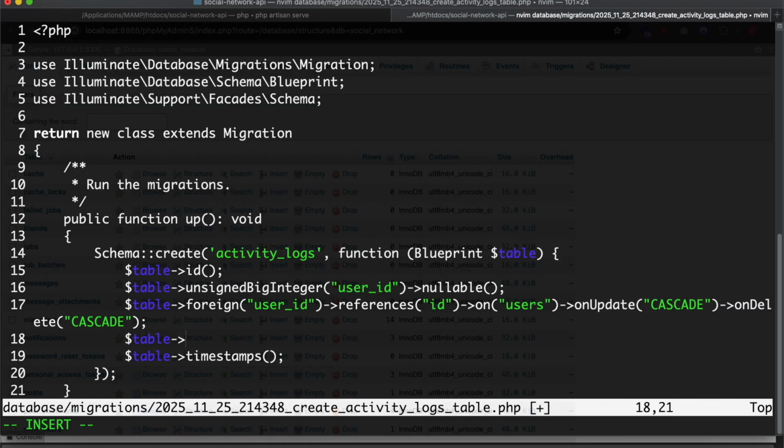and this will have type, and this means the type of activity, that is, if the user has liked a post or if he has commented on a post. And then we will have the actual activity. It will be a long text,